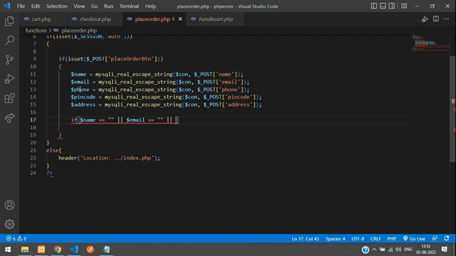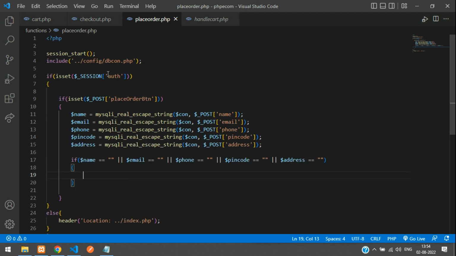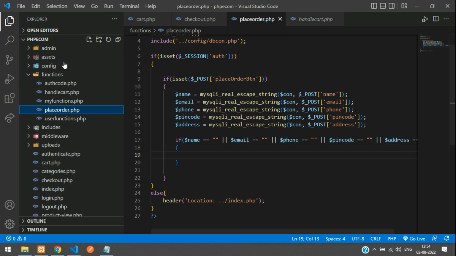So just paste all the variables. We are going to redirect the user back to the checkout page if the value is null for any of these. Okay, so for that you just go to your